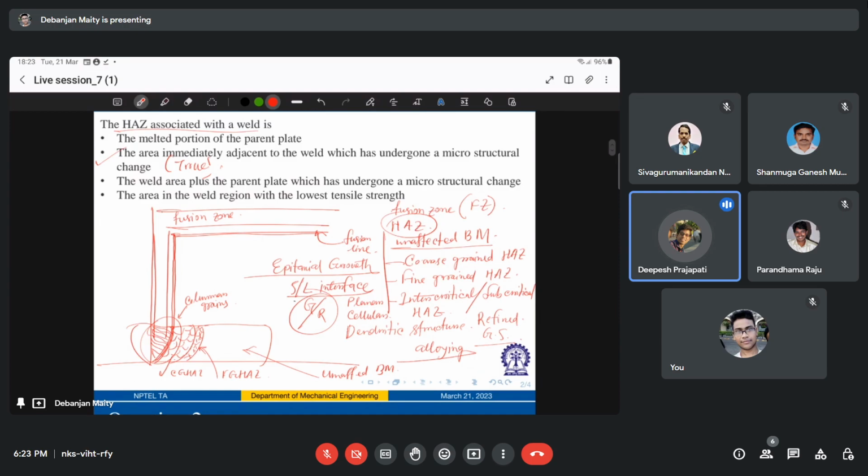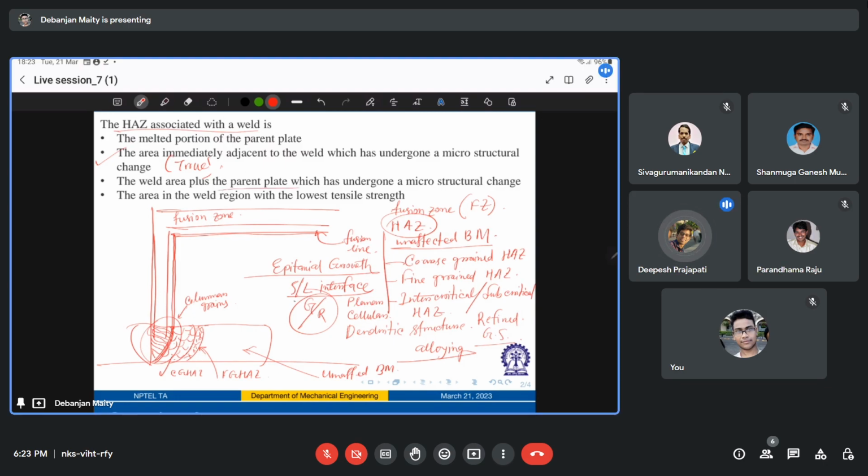Parent metal will come in HAZ, right? No, here it says that the parent plate, weld, undergone a microstructural change, but in terms of